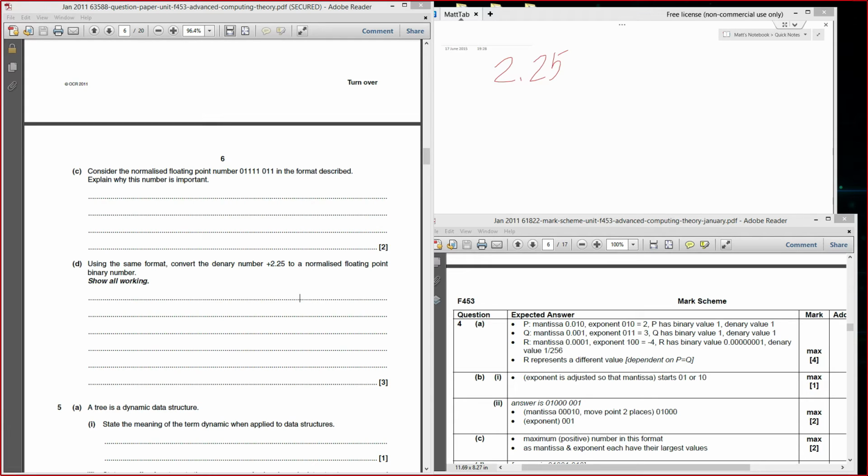I'm just gonna quickly get the grade boundaries for this year. OCR, January 2011. At the beginning, the exam grade boundaries were very high, and then they lowered them. I was looking at